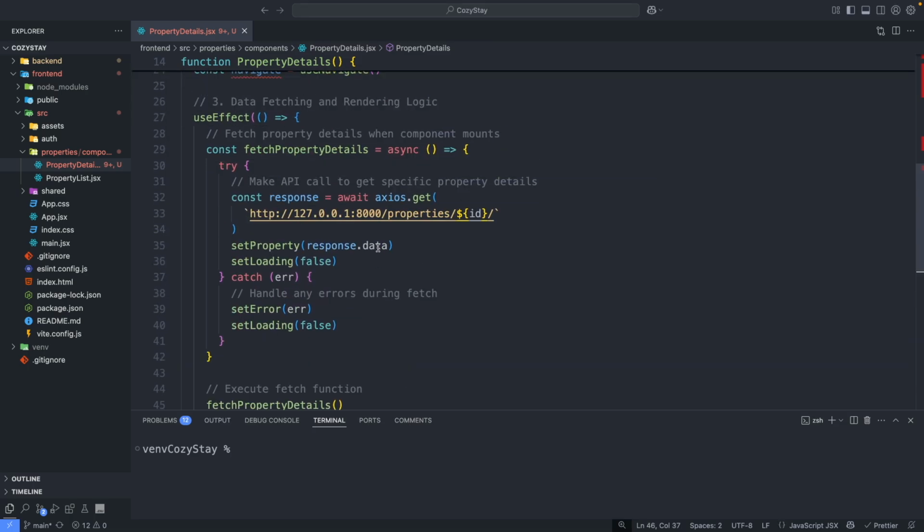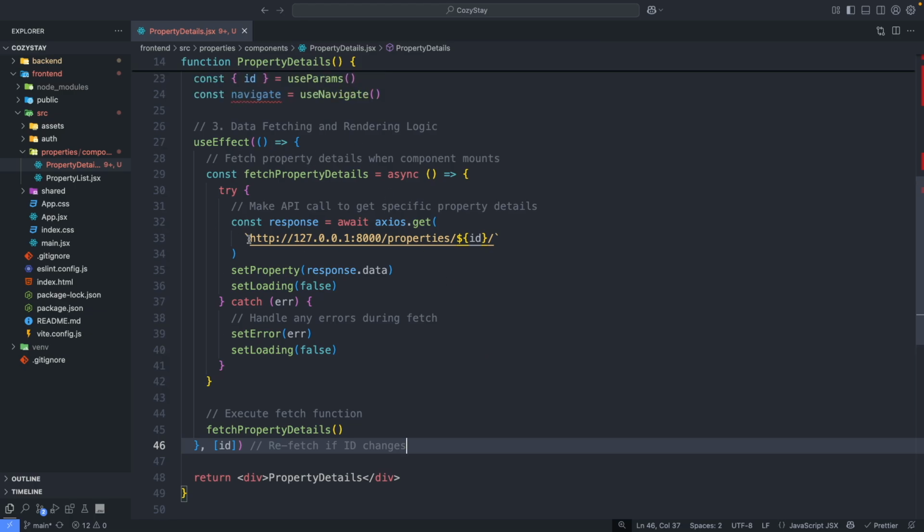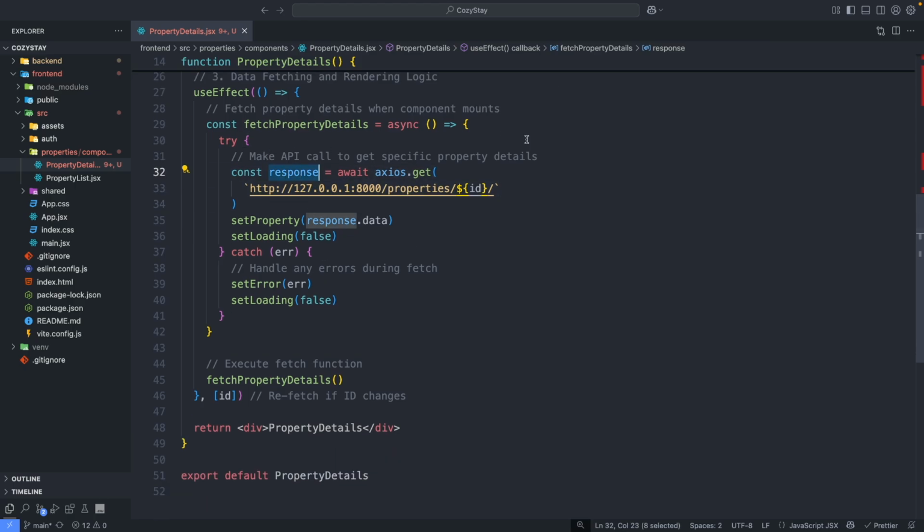So this just simply means when the user loads the page, the React component will automatically go to this URL and retrieve all the data, and all the data will be right here, response. And next, we're gonna have a callback. After this,